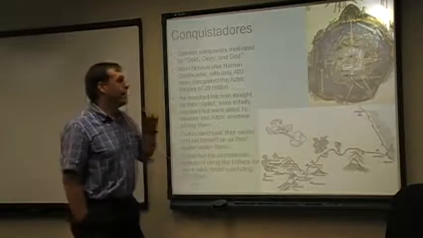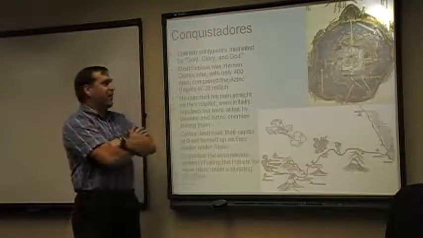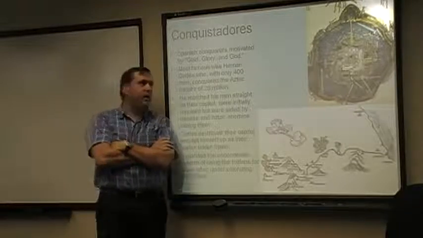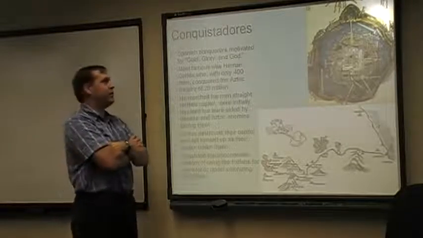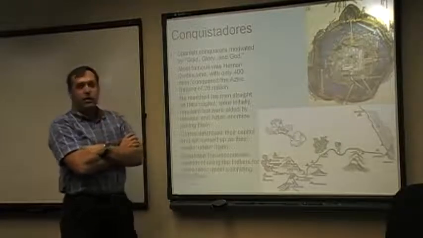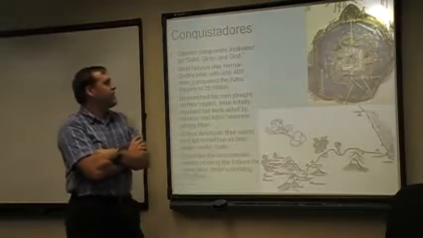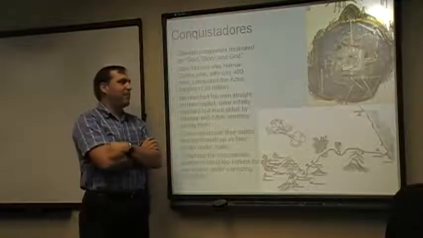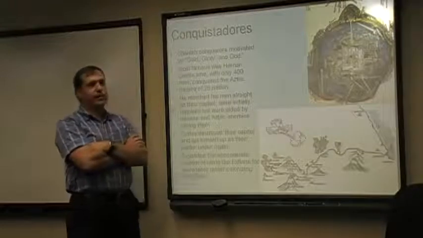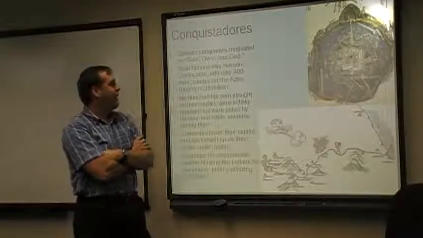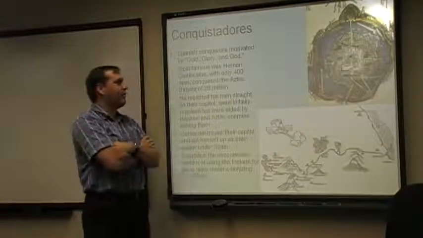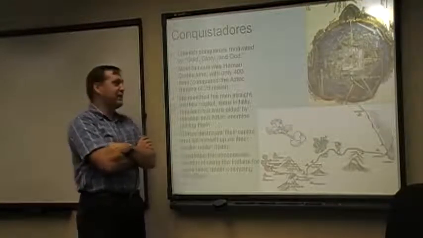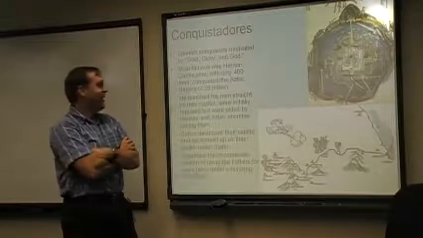But Columbus's discovery is going to set off a movement here in the 1500s that is the conquistador movement. We get our English cognate, conquest, from the term conquistador, right? And generally speaking, when we look at these conquistadors, these guys that are going to come over from Spain, they're typically motivated by what we often describe as the three G's: gold, glory, and God. And I remain convinced that historians came up with that so that undergraduates could pass their exams. Right? It's a convenient little mnemonic device that's easy to remember on exam day.